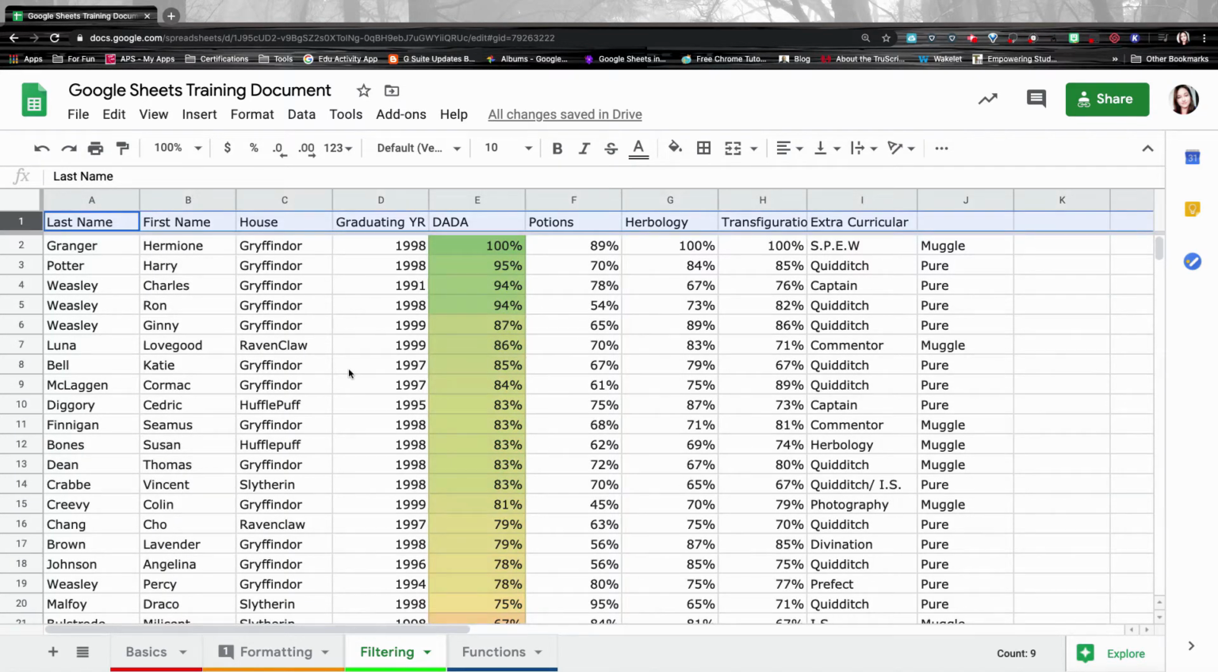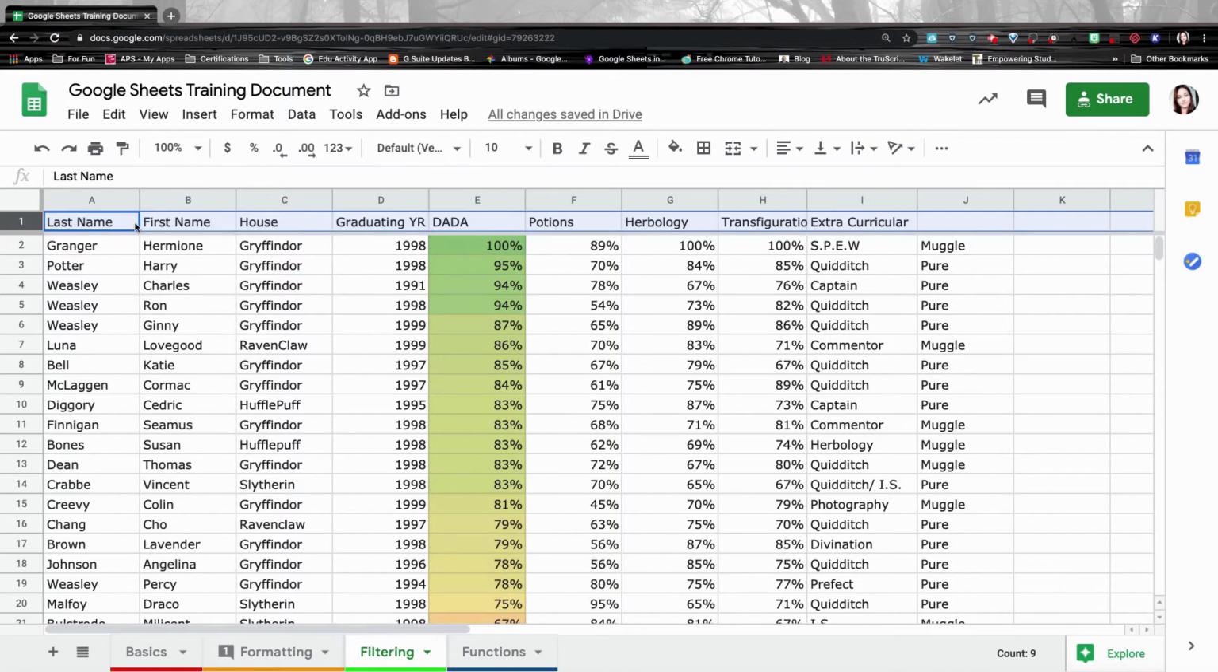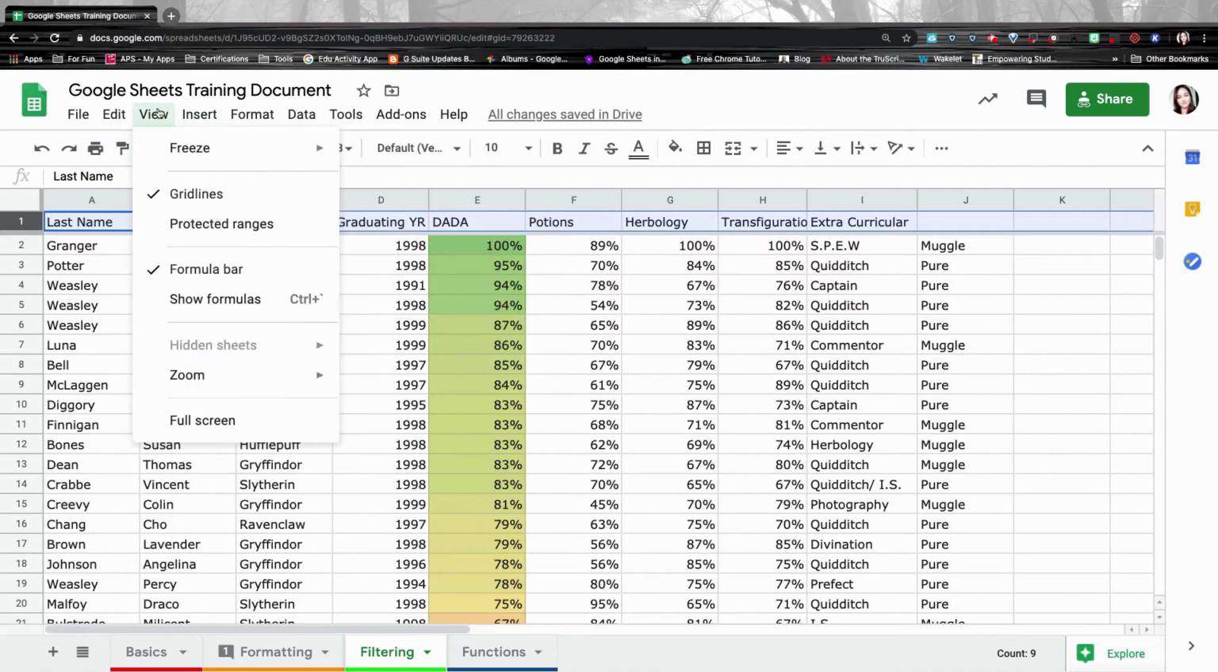We've looked at sorting data. Now we're going to look at using filters. Before we create filters, we're going to want to select this row up here on the top and make sure, if you haven't done this already, to freeze that row so that way the filters will be connected to that